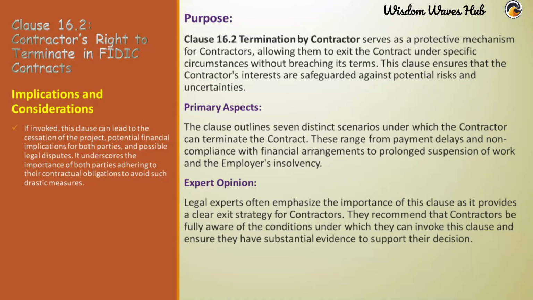Subclause 1.6 Contract Agreement and Subclause 1.7 Assignment. If the employer fails to comply with these clauses, the contractor can terminate the contract. These clauses relate to the formalization of the contract and the assignment of rights and obligations. Subclause 8.11 Prolonged Suspension. If a prolonged suspension affects the entire works for more than 84 days, the contractor can treat this as an omission of the affected part of the works. If the suspension affects the whole of the works, the contractor can terminate the contract.